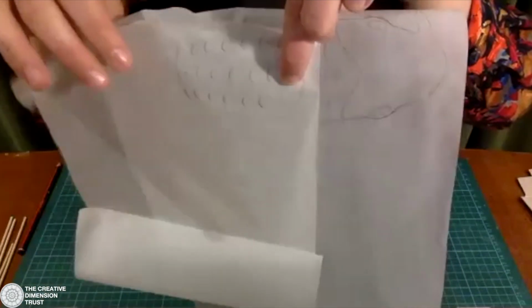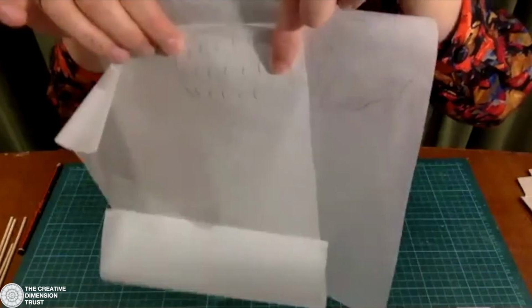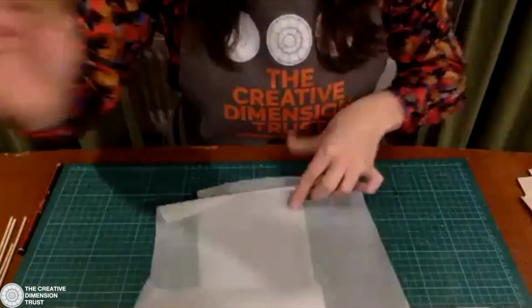So all I'm doing is checking that those parts work together, that there's not any overlap, that I've allowed enough space between, and it means that you can refine your design if you want to. So if you're designing a puppet that you know is going to go into shadow, this allows you to just tweak that design as you go along and make sure you're really, really happy with the quality of the movement